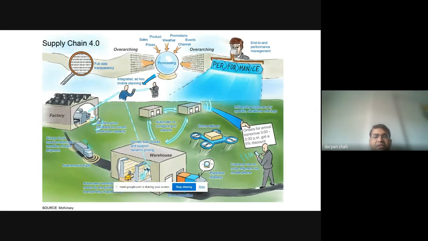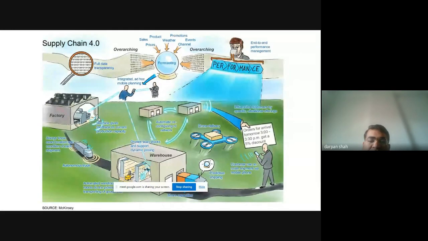So just a depiction of how these things will come into the picture, where we have all data coming in and out of a very automated, IT-enabled system,